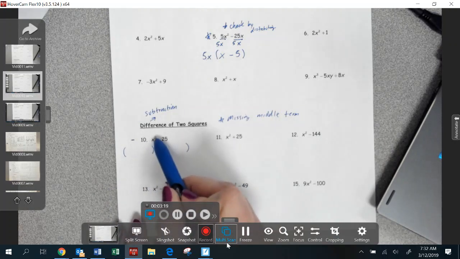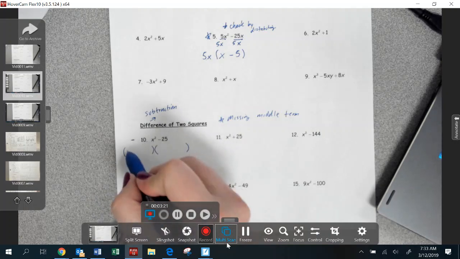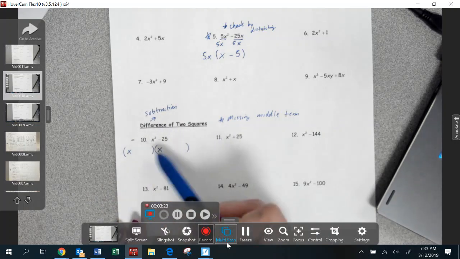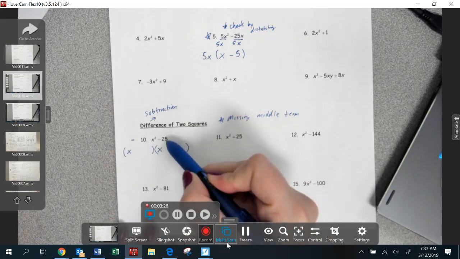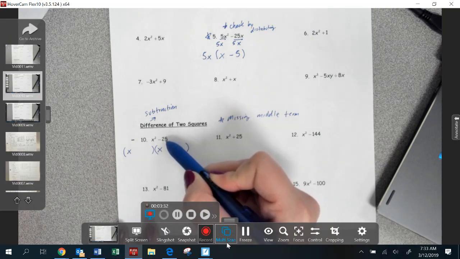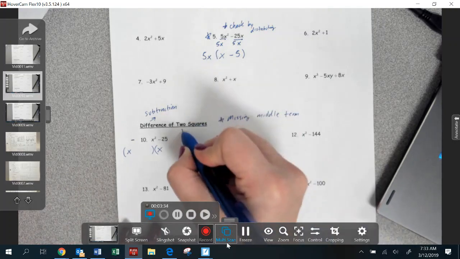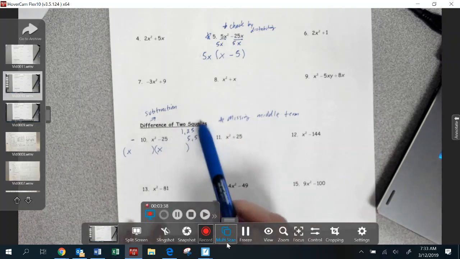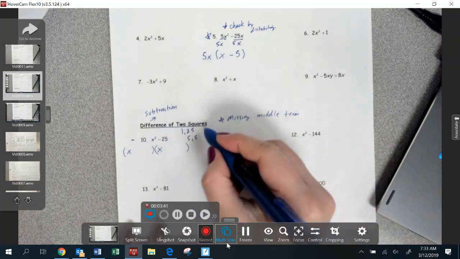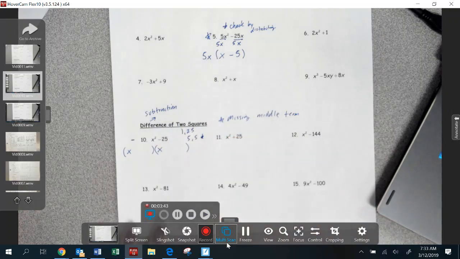I'm going to think, okay, I need to factor x squared. I'm going to factor that into x and x, since those would multiply together to get me x squared. And then if you treat this like it's that constant in your trinomial, think about your factors that multiply to get you 25. So that would be 1 and 25, or 5 and 5. The thing about the difference of two squares pattern is you're always going to be choosing that pair that matches,